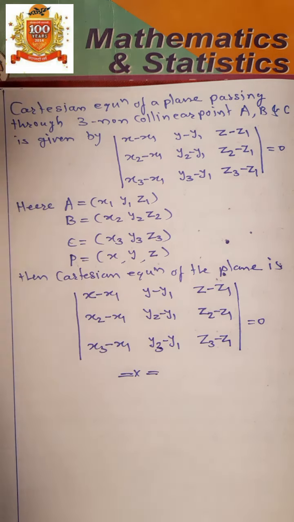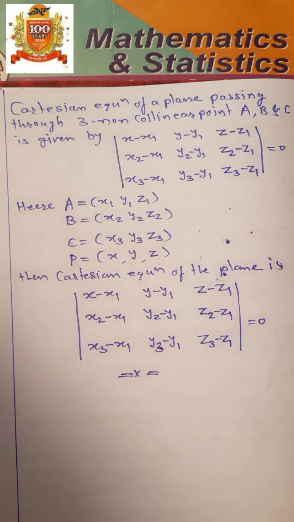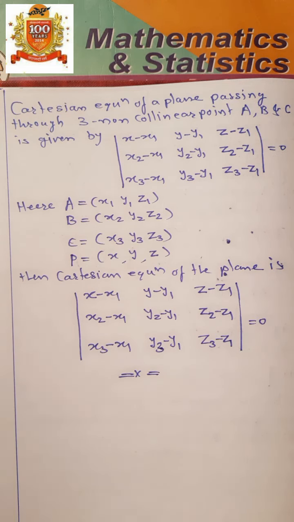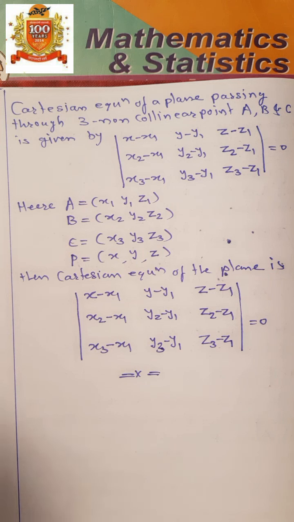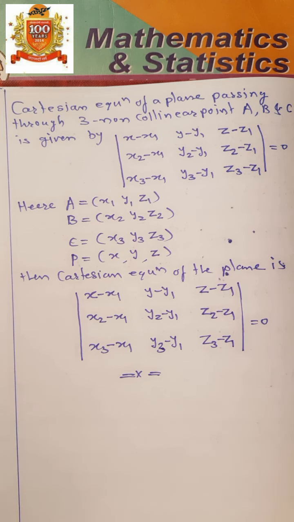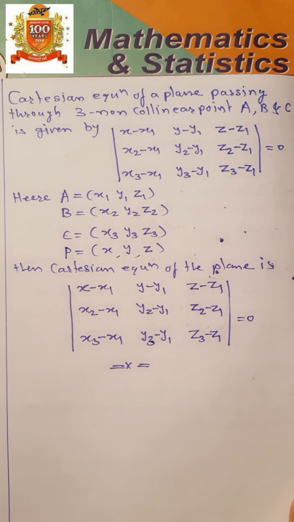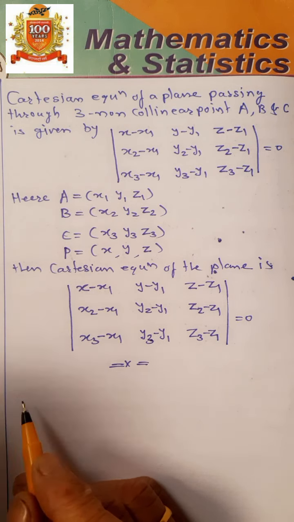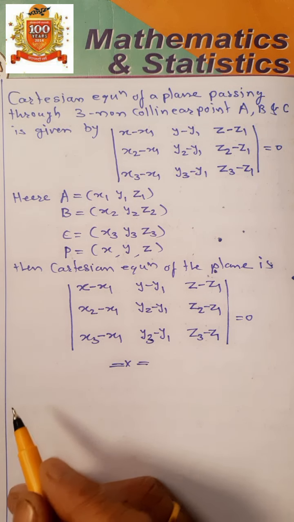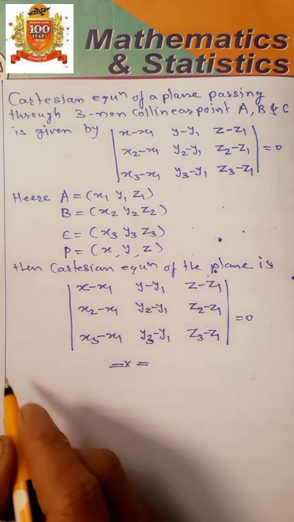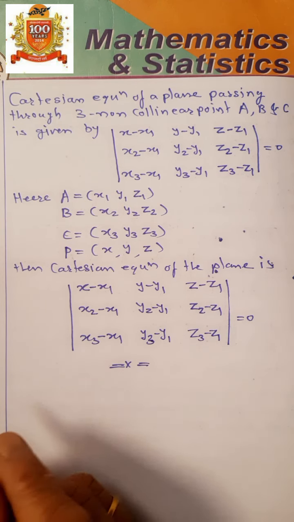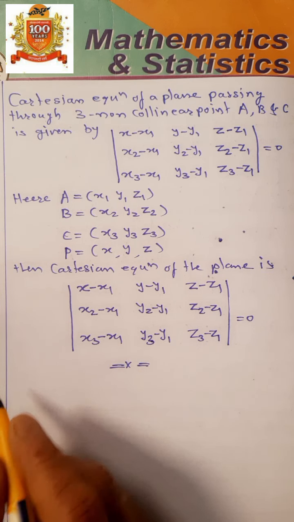Next part, that is equation of plane in normal form, and equation of a plane passing through two intersecting planes, we are going to see in the next video, isn't it? Or otherwise, let us see here. In this video we will complete this. First we will see the equation of a plane passing through the intersection of two planes. Let us see the last point first, and the last but one on the next page, isn't it?